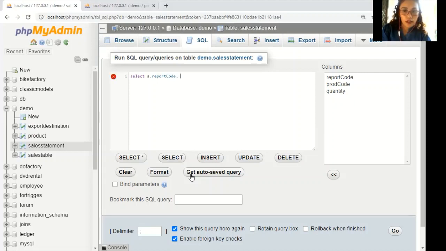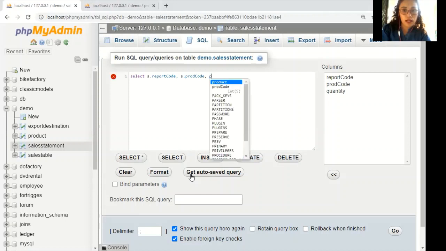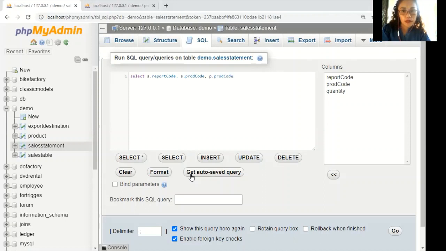Then I have S dot product code from the sales statement. Then let's go to the product table. I will assign an alias P for the product. So I wanted to display the product code and the product